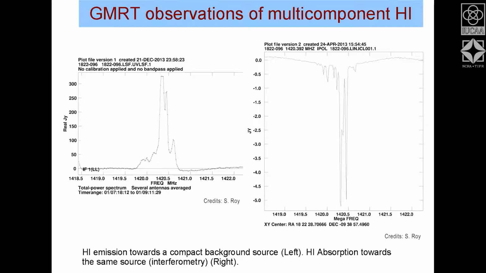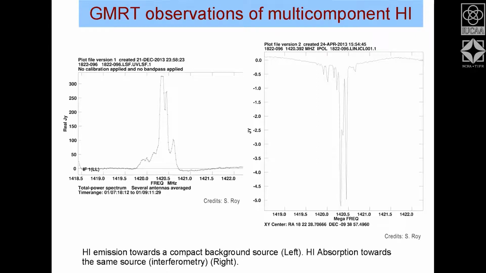What you are seeing is the line emission, though I have not corrected for any velocity of the lab frame or the local standard of rest. This is raw data. And in this raw data, the left side plot shows you the emission whose peak is coming more towards 1420.3 megahertz or so. So it is obviously redshifted because the frequency has gone down. So the gas is essentially going away from you. Now, this may be the gas going away from you, or it may be because we did not correct for the local standard of rest or various other things, which would also be part of it.